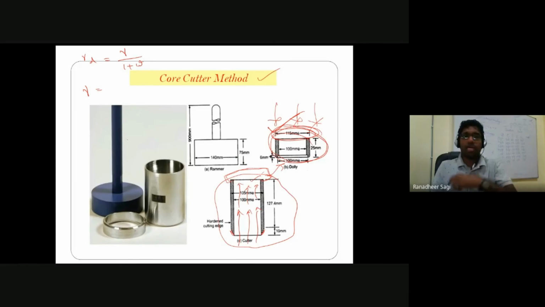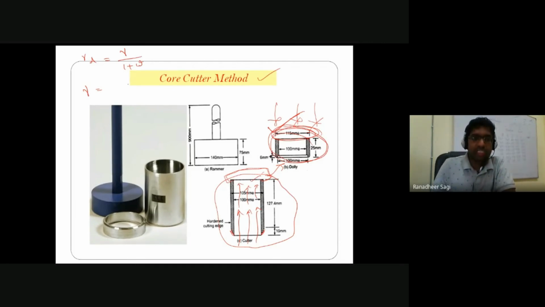I am going to determine the weight of the soil which got collected in that hollow cylindrical mold. Initially itself, if I can take the weight of that mold in which I am going to carry out my test, so empty weight of the mold I know. After collecting the soil sample, if I can measure the weight again, then I am going to get the weight of the soil sample along with the mold. From initial weight of the mold, if I can subtract, then I can get what is the weight of the soil sample which got collected in the mold.